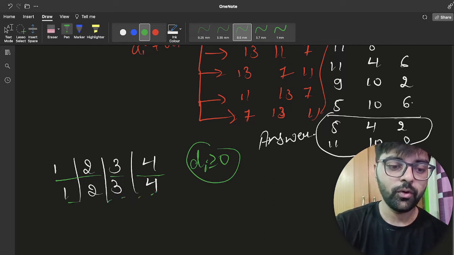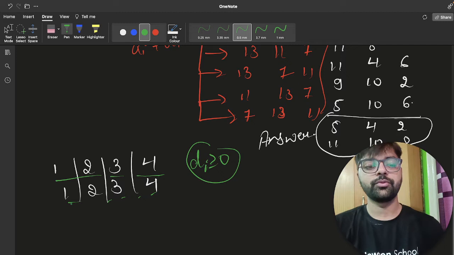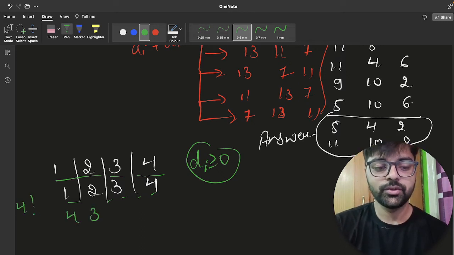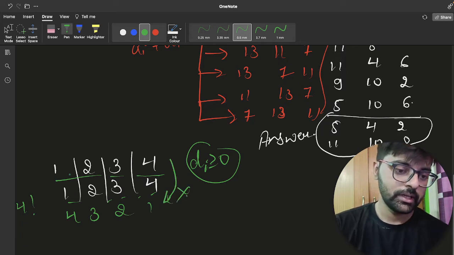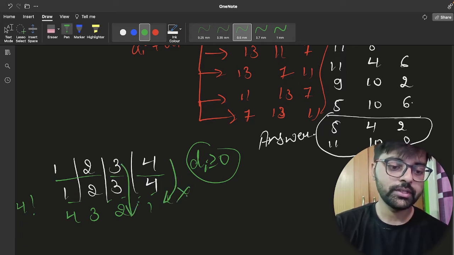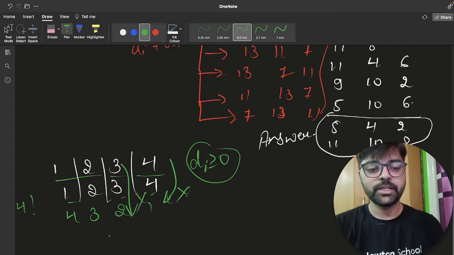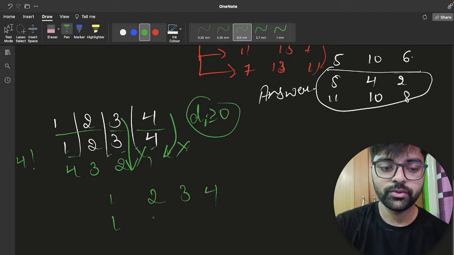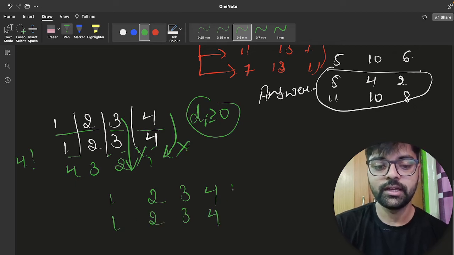Here we have all 4 factorial permutations. Let's consider 4, 3, 2, 1. Can we make 4 into 1? No. Can we make 3 into 2? No. So this isn't valid. So the only valid option is 1, 2, 3, 4 and 1, 2, 3, 4. This is ai, bi, and all di are 0.